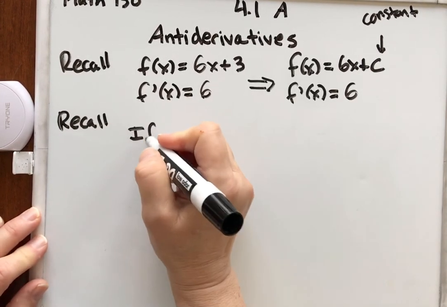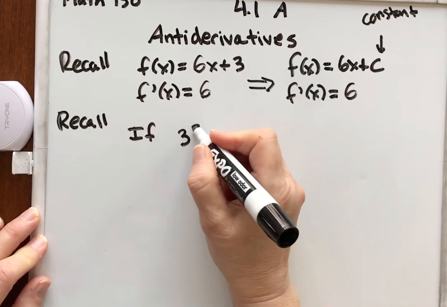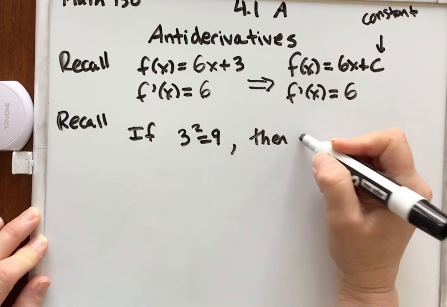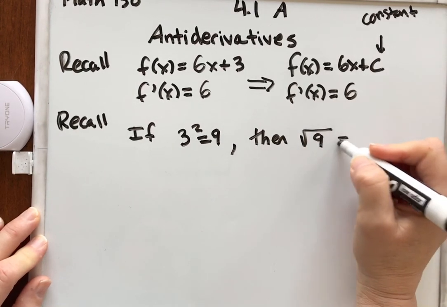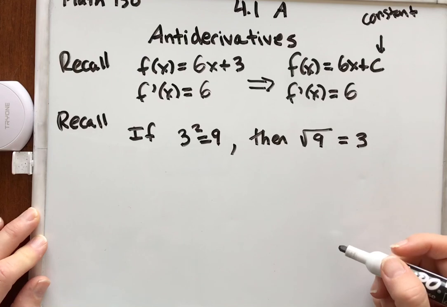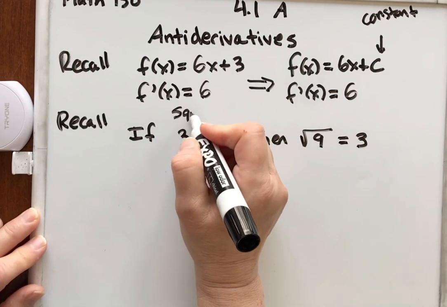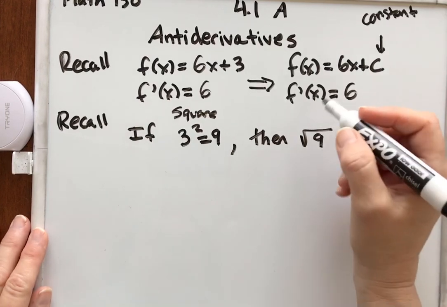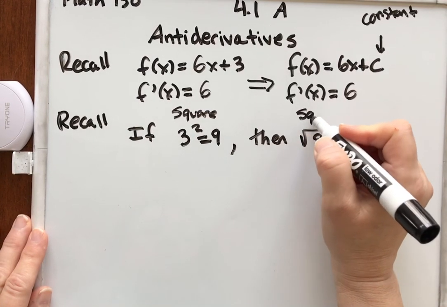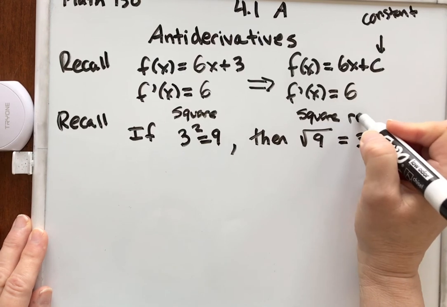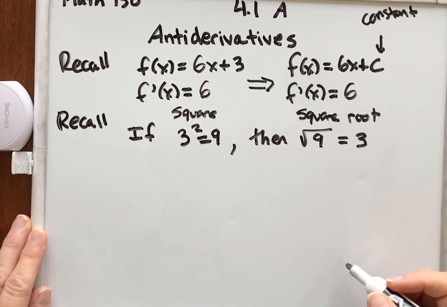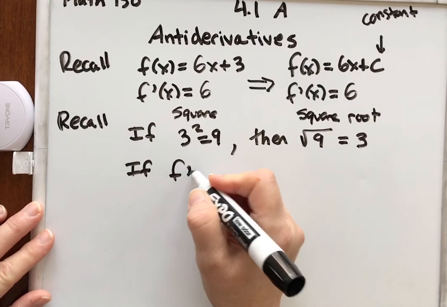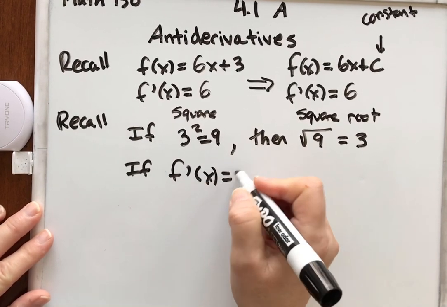Okay, recall, if we have 3 squared equals 9, then we know the square root of 9 equals 3. So in this case, we squared, so we took a square, and in this case, we did the opposite. We took the square root. Okay, so in our case, if f prime of x equals 6,